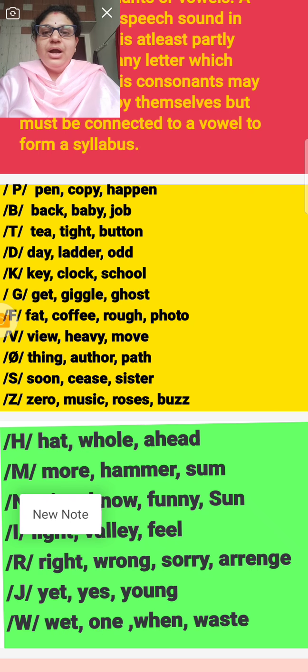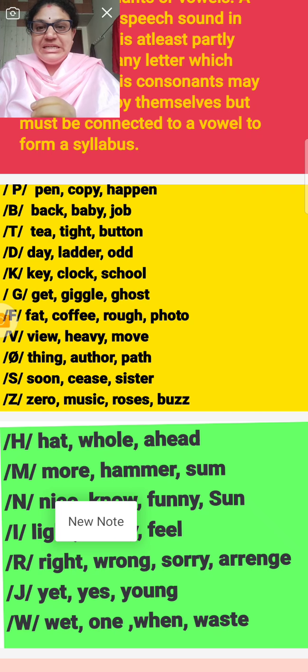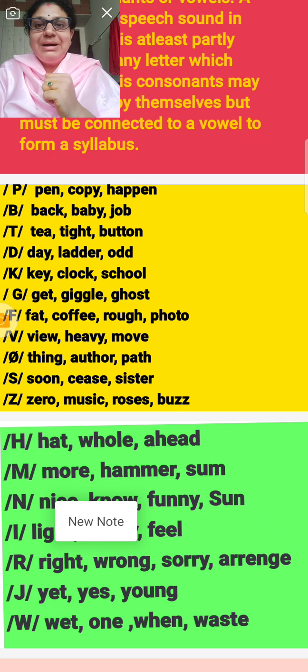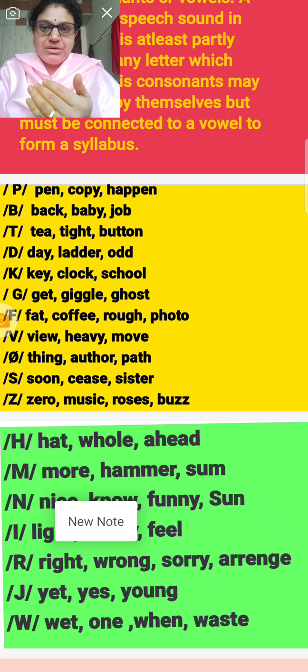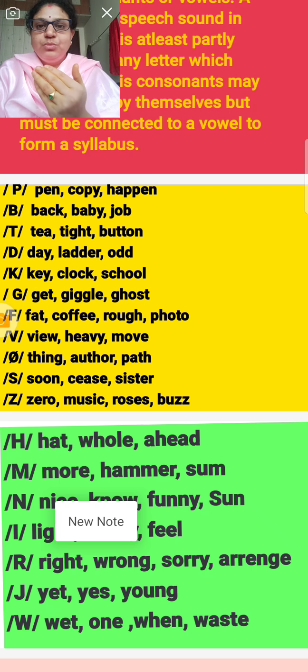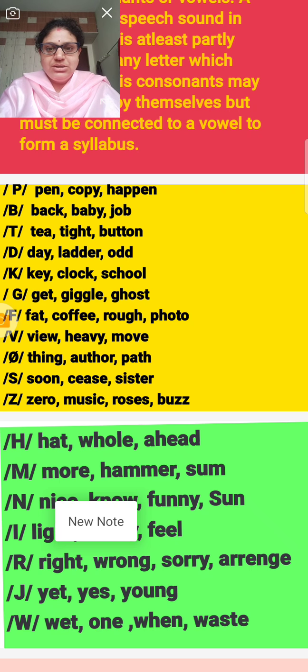And the third one is the T sound. T, tight, button, ta, ti, tu. I am giving the examples in Telugu and Hindi because you have to get an idea. So in Telugu, tata, ti, tu. T, tight, button. The three are giving different sounds, but T is compulsory in the alphabet.